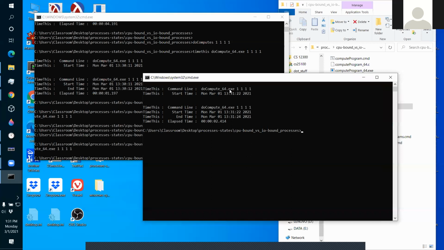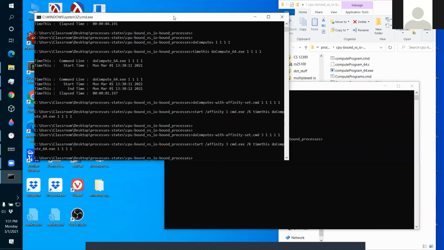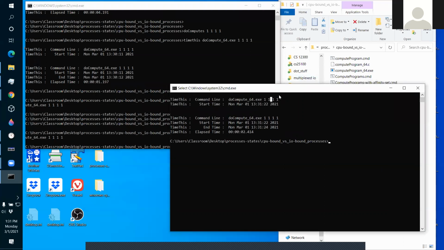So you can see here, what I ran was 4 1-second jobs. So I'm timing this guy with 4 1-second jobs, and it took a little over 2 seconds. This is the guy that was launched with the Affinity Mask. So this window set the Affinity Mask and launched this window that launched that program with those parameters. This ran 4 1-second jobs with the Affinity set to 3, and it took 2 seconds. Okay, so